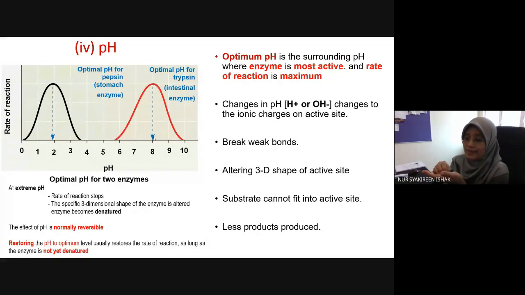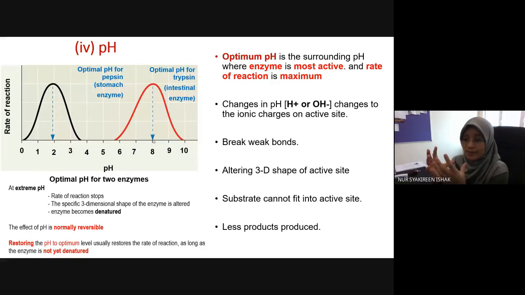Amino acid ada beberapa jenis kan? Bergantung kepada dia punya side chain. Okay, kita ada polar amino acid, kita ada acidic amino acid, kita ada basic amino acids kan? Dia bergantung kepada side chain. So macam mana protein ni boleh terhasil, the globular shape ni boleh terhasil disebabkan oleh interaction between the side chain of amino acid